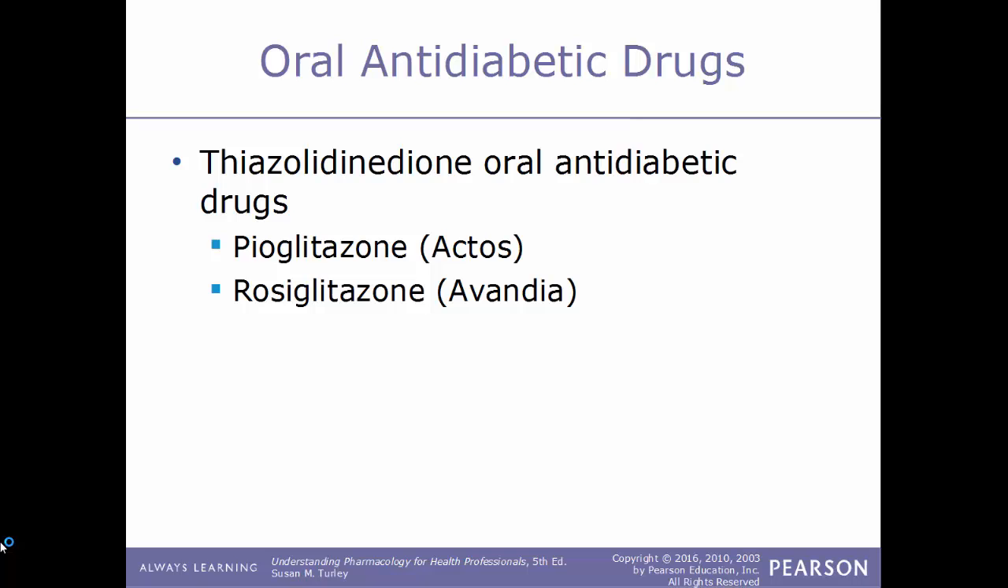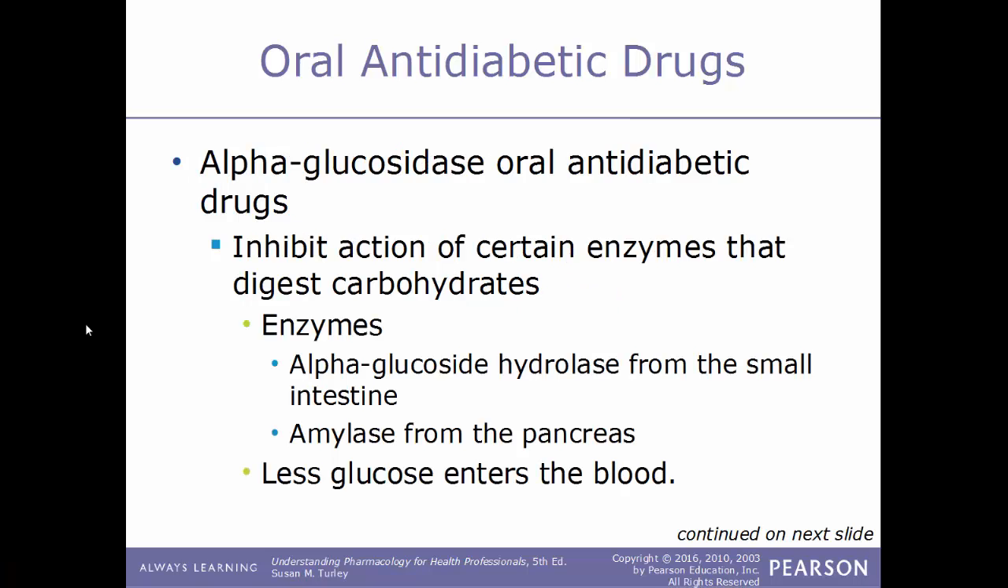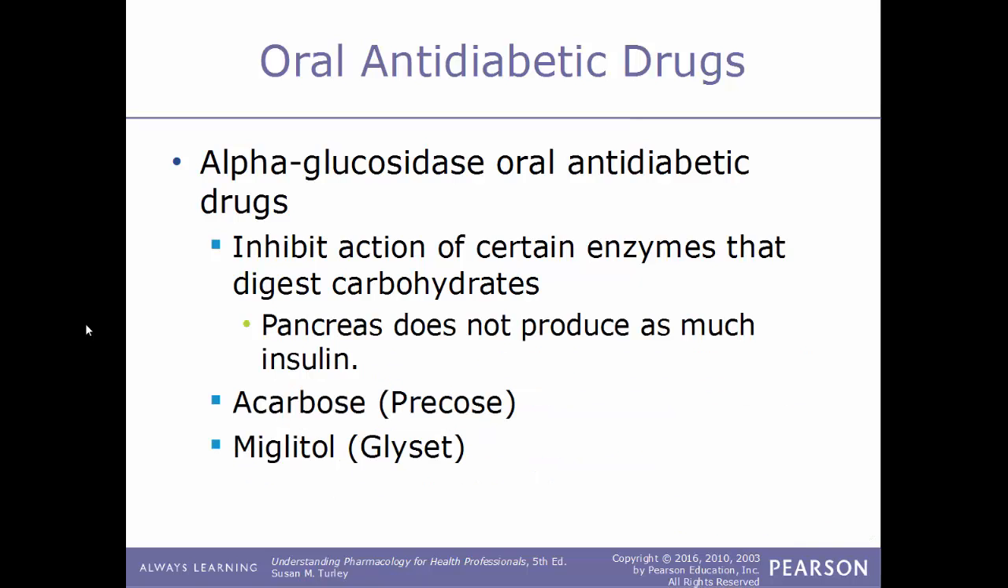trade name Avandia. See, another class of oral antidiabetic drugs, alpha-glucosidase inhibitors. And these work because they inhibit the action of certain enzymes that digest carbohydrates. And these enzymes would include amylase from the pancreas and also alpha-glucosidase hydrolase from the small intestine. And by doing so, less glucose will enter the blood. So if there's less glucose in the blood, the pancreas does not produce as much insulin because it's not needed at that point. Some examples of this kind of drug: acarbose, known by the trade name Precose; miglitol, sold under